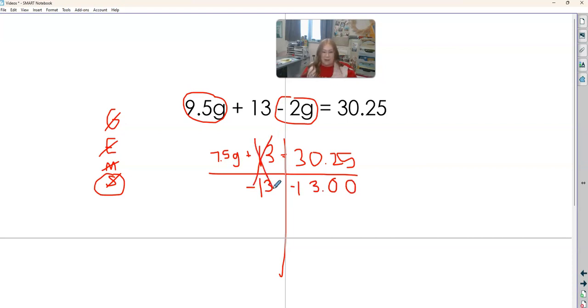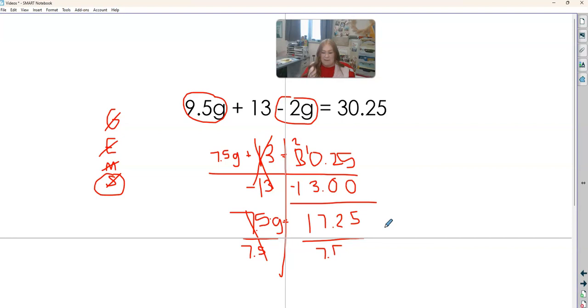So this is going to cancel out. That one's gone. All we're left with is 7.5 G's equals, so subtract, cannot do 0 minus 3, so we need to borrow. So 10 minus 3 is 7, 2 minus that is 1. So now we have 7.5 of the G's. That means to multiply. Those are stuck together, that coefficient and variable. We're going to divide by 7.5 on this side, which cancels out. And then I need to divide by 7.5 on this side.